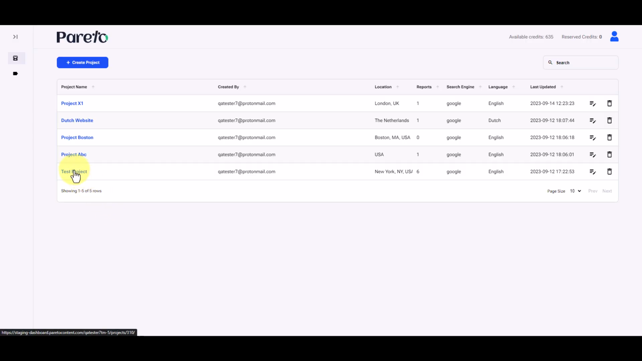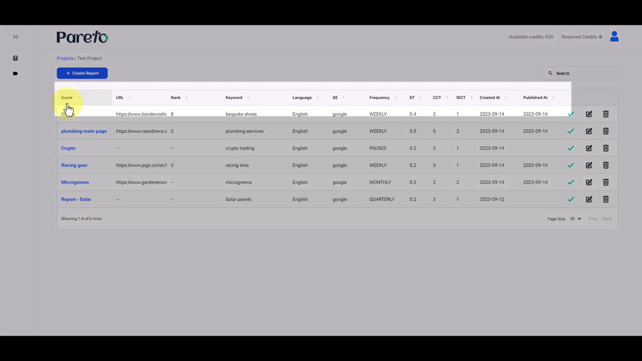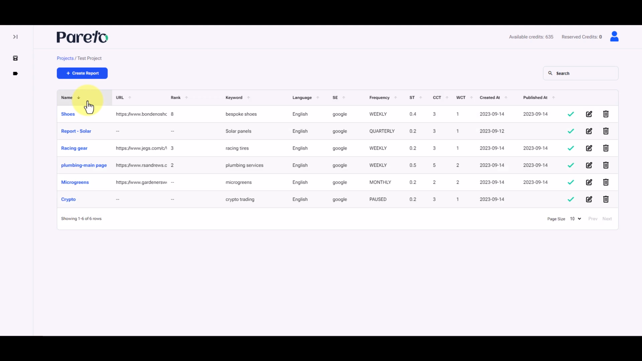When you go into a project, you will see the reports table. Here we can see a list of all the reports that we have made for one project. We can sort them by the name of the project, the URL used to make this report, the rank. The rank here indicates the rank of the URL based on the search engine, the language, and the location used